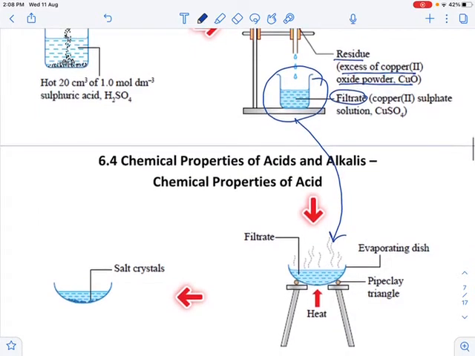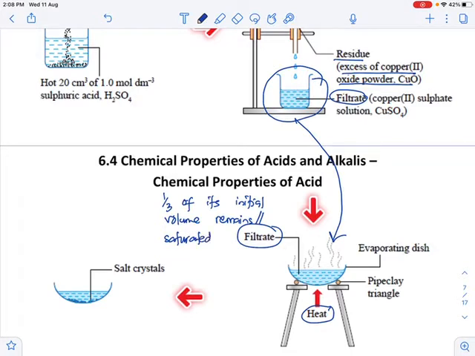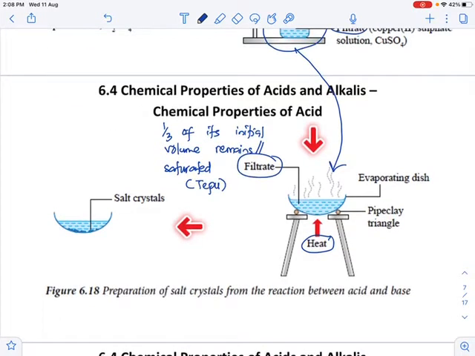The filtrate will be heated until 1/3 of its initial volume remains, or heat the filtrate until saturated. In Bahasa Melayu, saturated is tepu. And then when the filtrate becomes saturated,